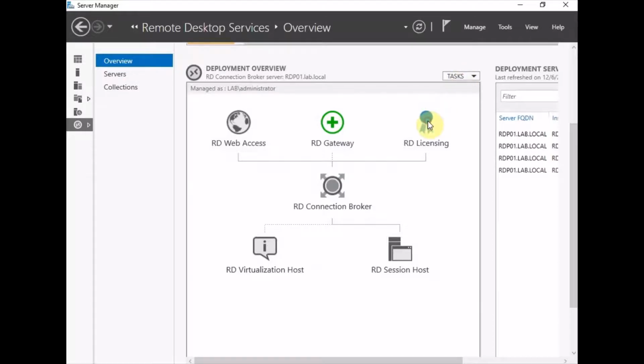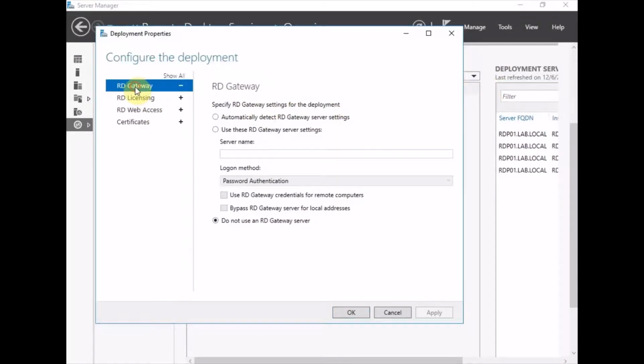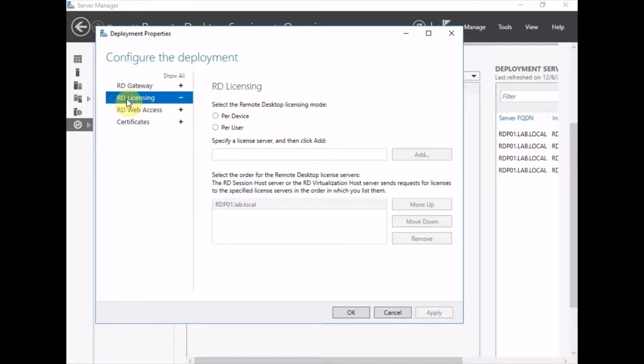So click Licensing, click on Tasks, and you want to go to Edit Deployment Properties. Now, there's RD Gateway. Like I said, it's not going to be used, so make sure this option is selected. RD Licensing. Now, depending on your licensing model depends on how you configure this. We're using it on per user, and our local server has been selected. So click Apply,